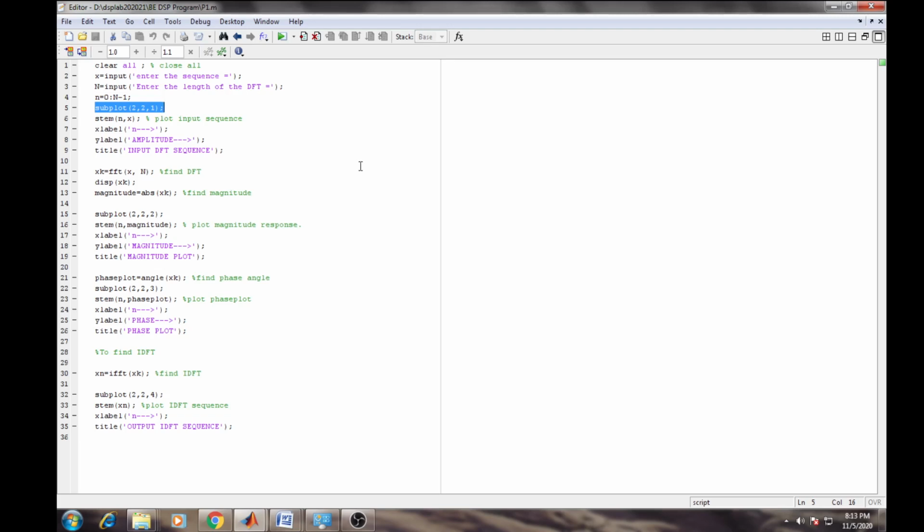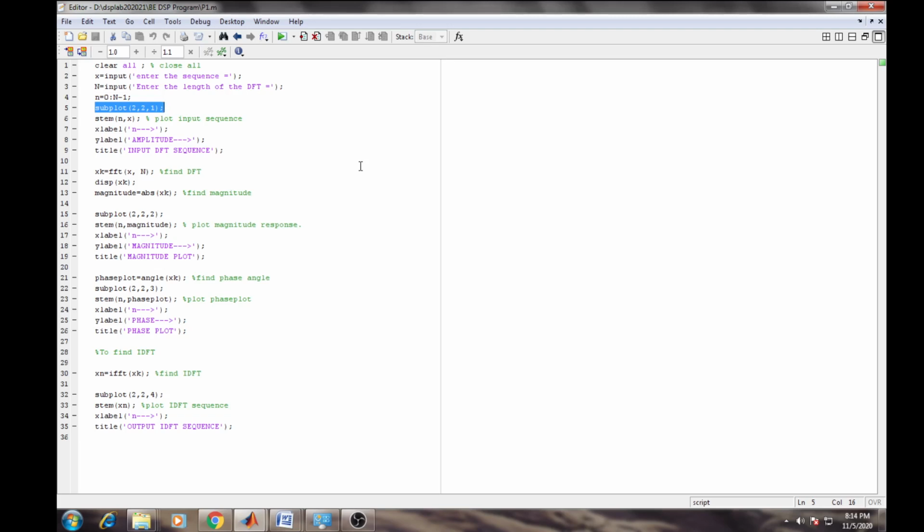Now the next statement is related to subplot. We plot our result over the screen. For that, the plot function is used, but the plot function will display only a single figure over a screen. Now if we have to display multiple graphs over a single screen, then we use the subplot function. In this subplot function 3 parameters are present.